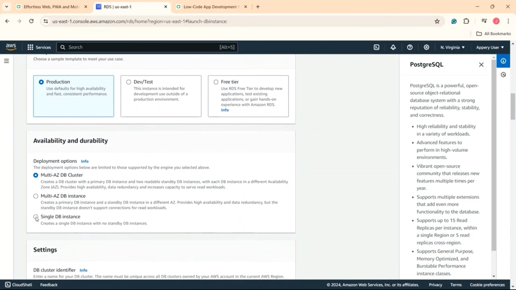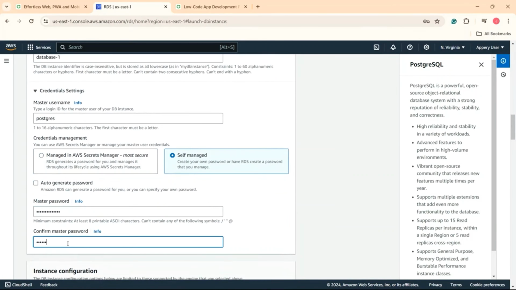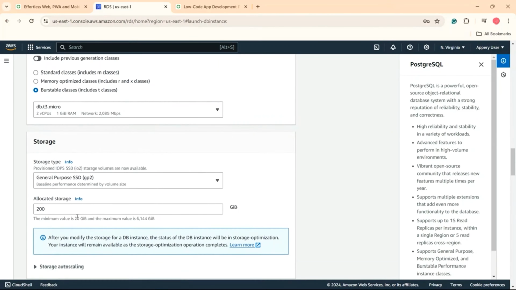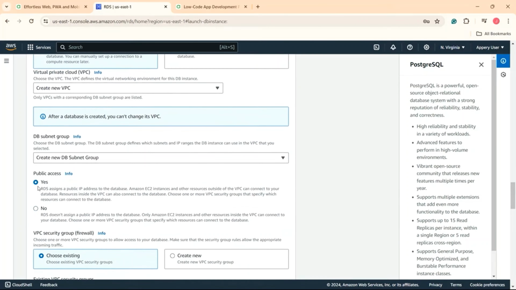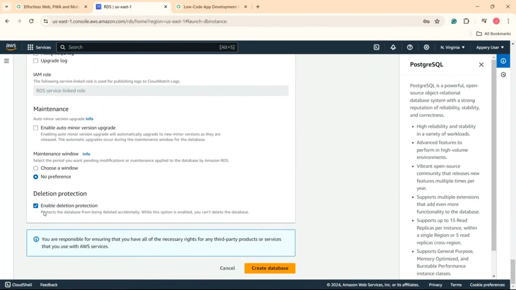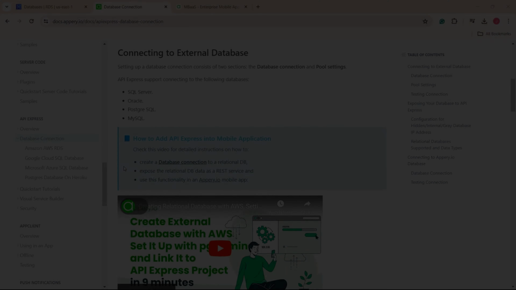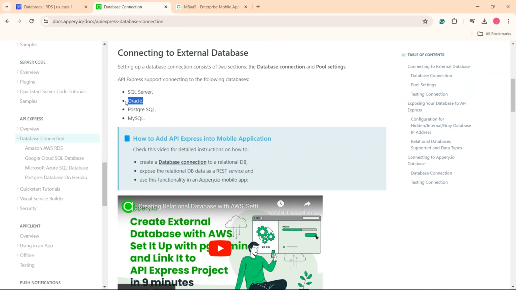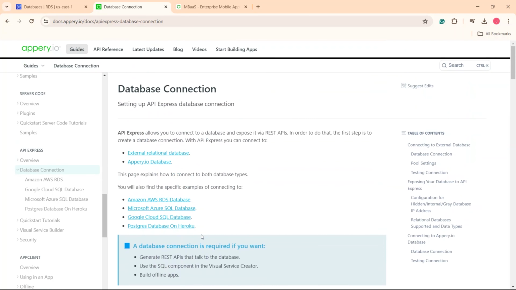In my previous video, I demonstrated how to create and set up a relational database. I was using Amazon Relational Database Service, but even if you have a database of a different type, you can connect it to your app using API Express. As of now, Appery.io supports SQL Server, Oracle, PostgreSQL, and MySQL databases, and we have detailed tutorials on how to